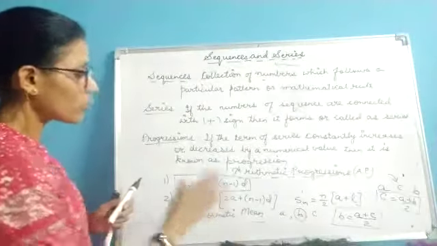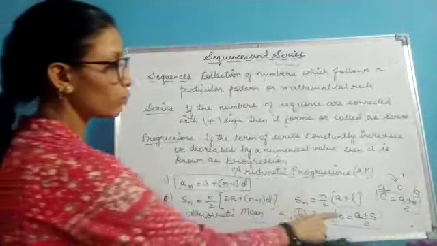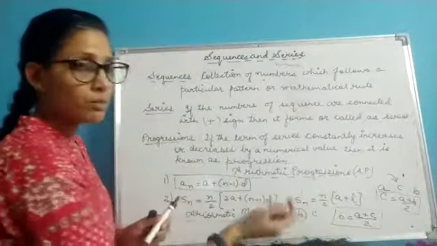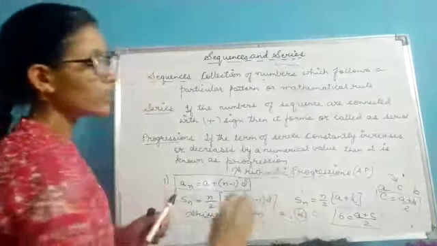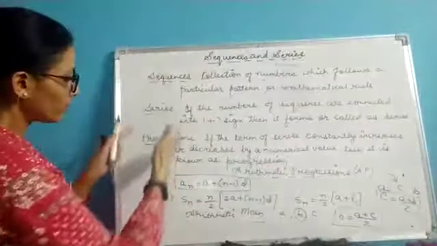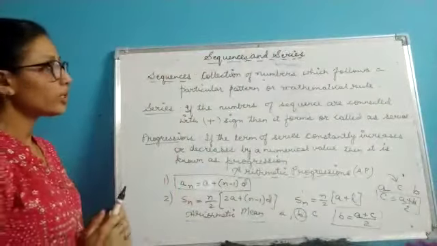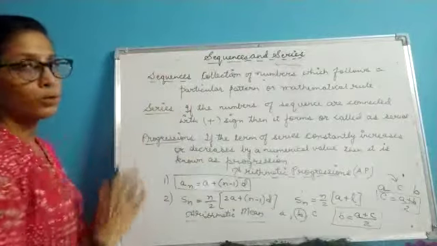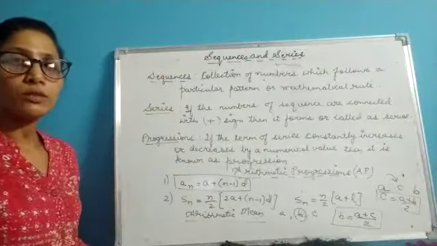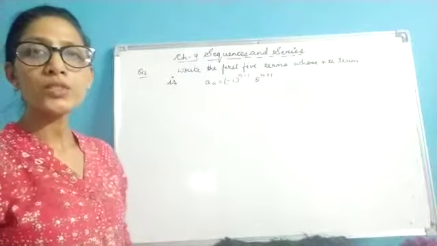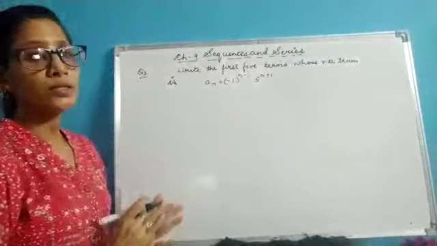So this is a new concept here, arithmetic mean, which means this middle term is half of the sum of the extremes. Children, I have written here some of the definitions of sequence, series and progressions. You can make note of it. See children, now how we can apply these things in the questions.